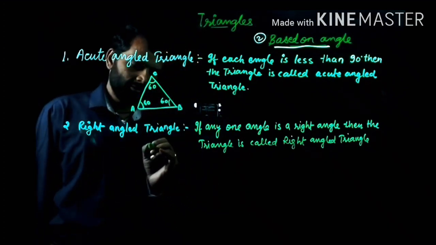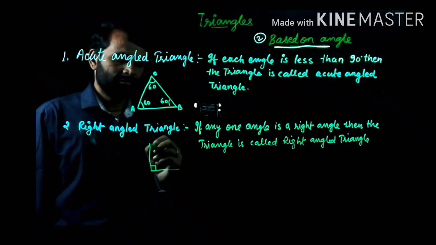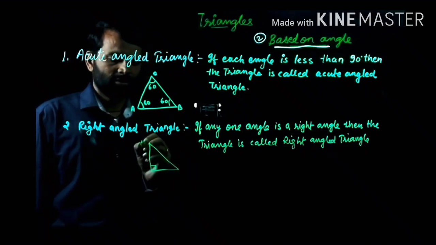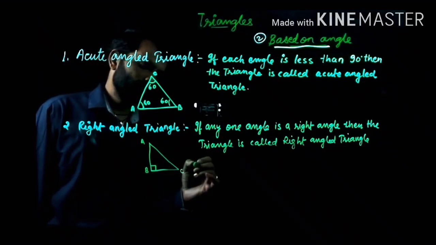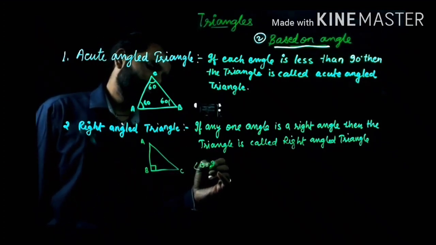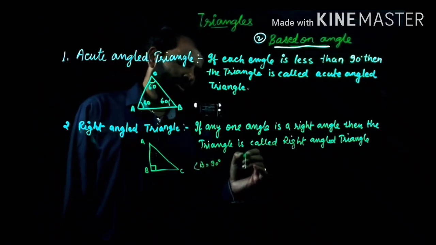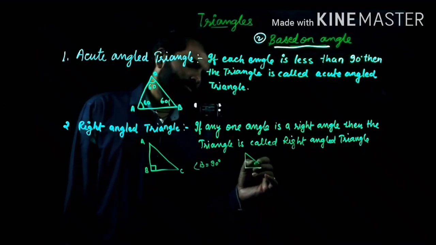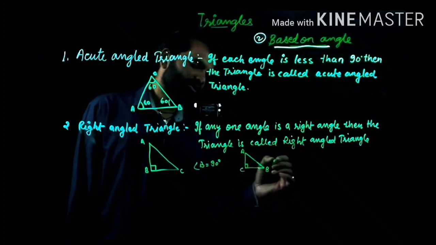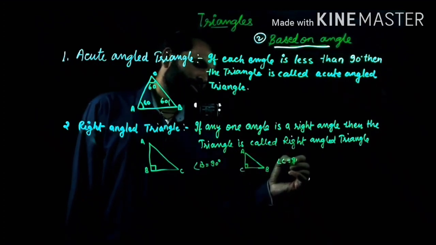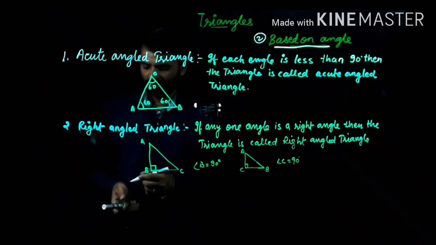Now this type of diagram, suppose it is the right angle and touches the line, the triangle name is A, B and C. So the angle of B is equal to 90 degrees. Okay, the name will be changed. Suppose your diagram is this and the name is CBA. Here the angle of C is equal to 90 degrees.